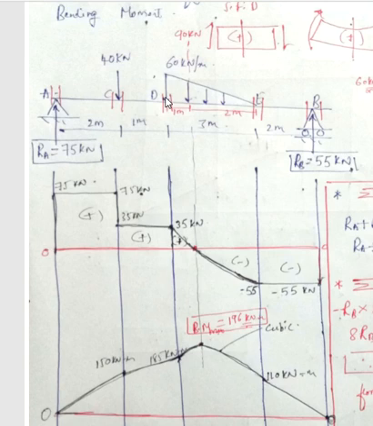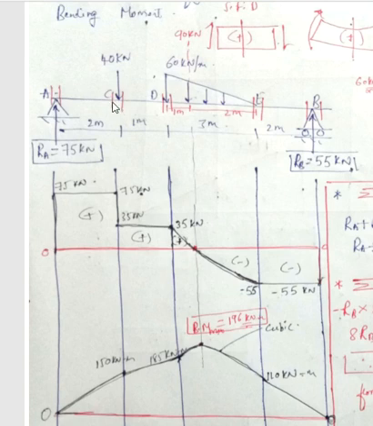Now moving from this section to this section, it is easy. Instead of going from right hand, if you go from left hand, you can consider this section or this section, both are fine. If I consider this section, for example, come from left side, 75 kilonewton, and it is lifting the beam upward with respect to this section. It will lift the beam like this, so I am taking it as positive. 75 into 2 will give me 150. There is this force also acting, but the perpendicular distance is 0. 75 into 2 will give me 150 kilonewton meter, right?